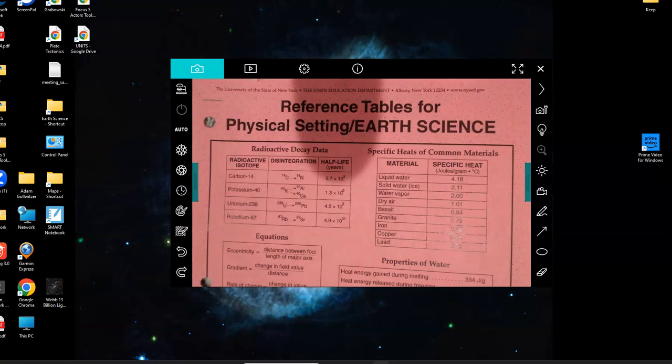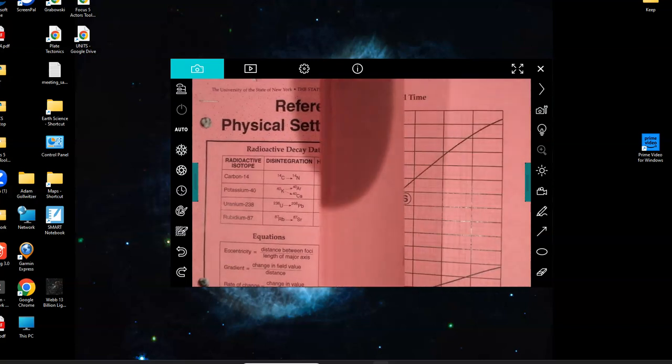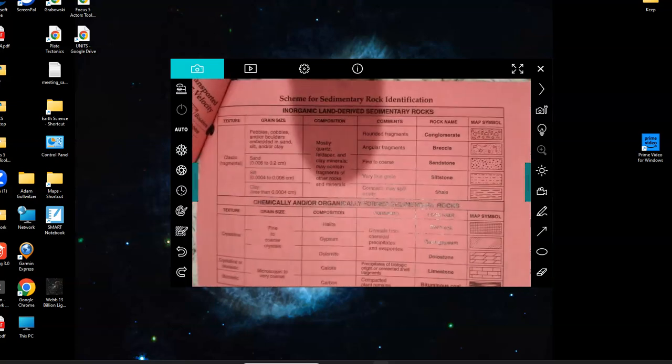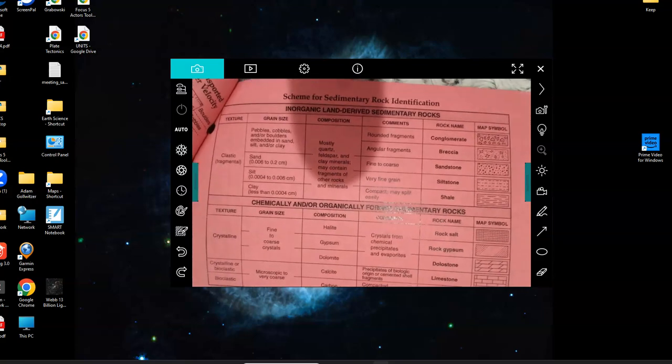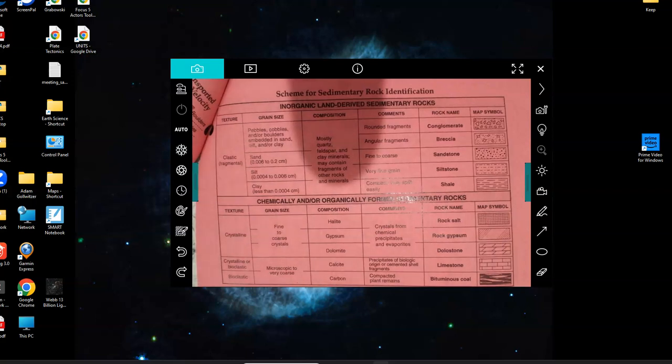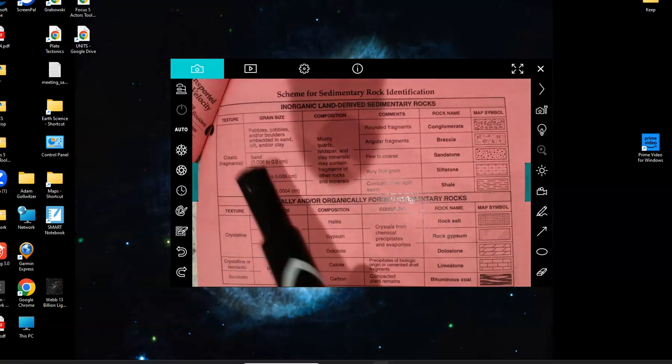Earth science, our topic today is sedimentary rocks. So in the reference table that you have, you will be looking at page number 7 here. Pardon the shadows from the camera and my hands. Where I'm recording, the lighting is not the best. But if we take a look at sedimentary rocks, one thing I want you to notice about this table that's given to you in the reference is that we have